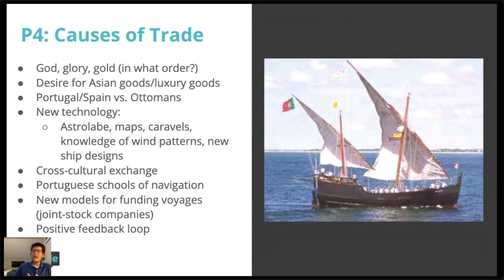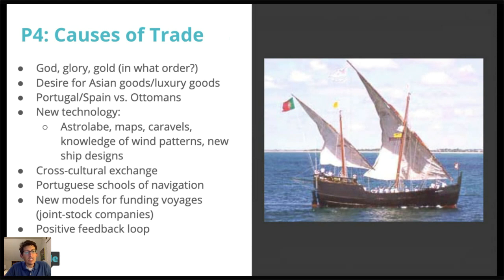Another thing to consider: Europeans could access Asian goods, but they had to access them through middlemen. And when we get around 1450, that middleman is the growing Ottoman Empire, a Muslim empire. And while the Venetians were perfectly fine trading with them, Portugal and Spain, as Catholic countries who had fought wars for hundreds of years against Muslims, didn't want to deal with them as middlemen. So they sought their own way to access those goods. So that's kind of a political conflict that leads to this.